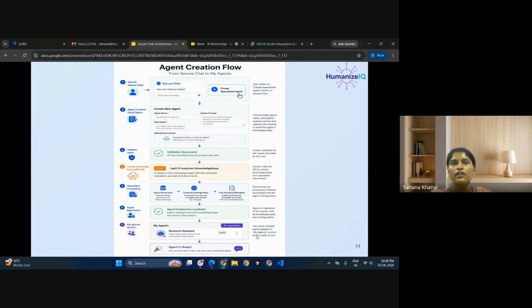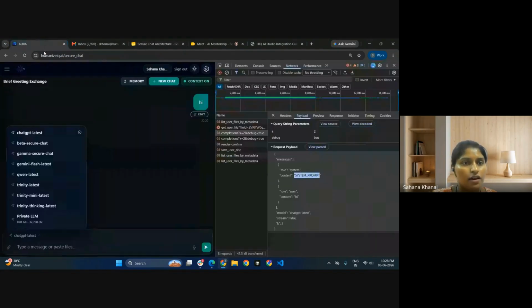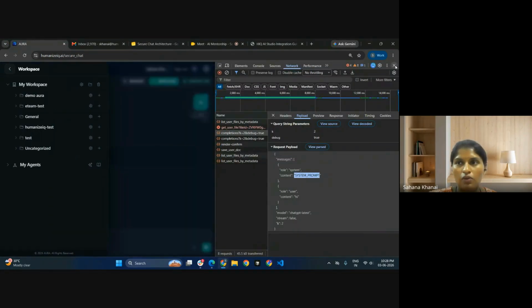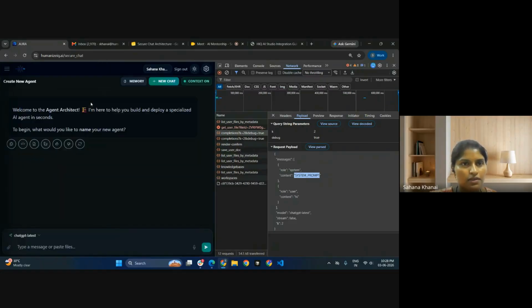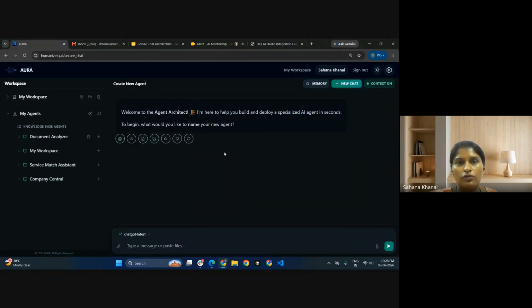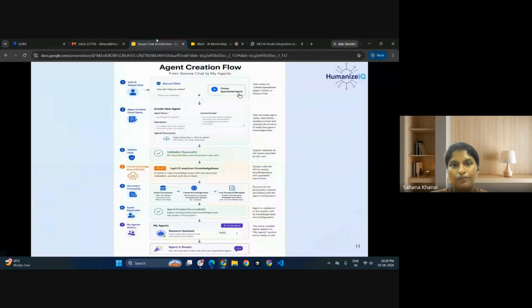As I'm moving on, I already mentioned we have the agent creation flow. When we click on create specialized agent, I am going to explain how the process works now. That is the agent creation flow, or we can say the agent builder flow.